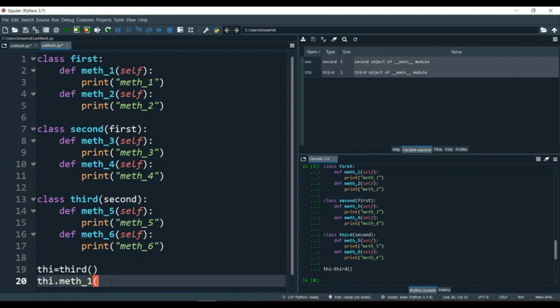Now let's see how many methods this time third has. You can see here it has 1, 2, 3, 4, 5, 6. All the methods third contains. Now we can use any method in third. We can use math1, math2, math3 or math4. This is multi-level inheritance. Now the third thing comes: